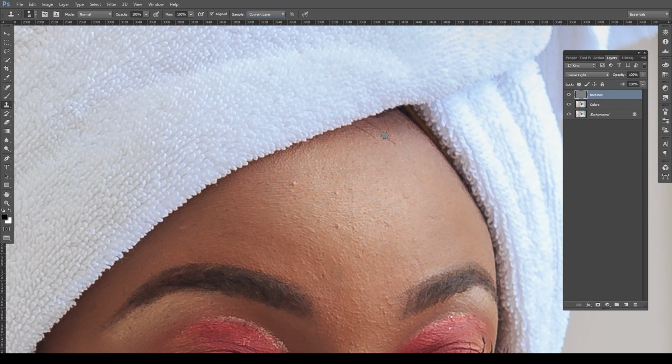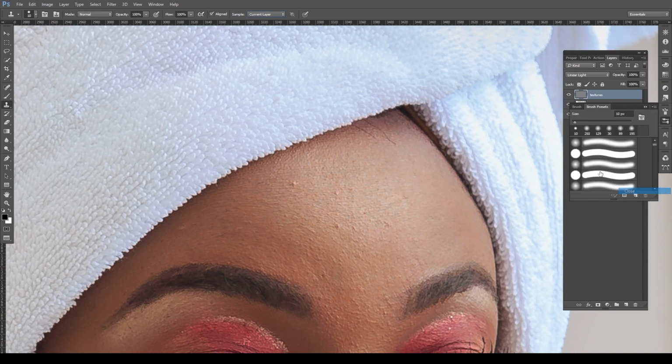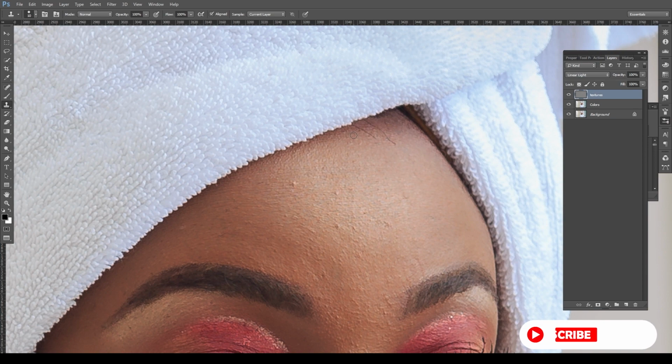Somehow this particular thing that follows around, that everywhere I clone I see it, distracts me. But you can leave it there. So how do I remove it? I just come and click here, and then I click remove over there so that I don't see it following me everywhere. So I come back to the texture layer, press Alt, click to select, and then I just come and begin removing